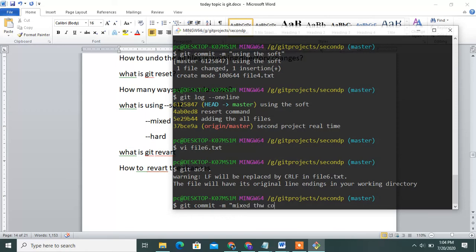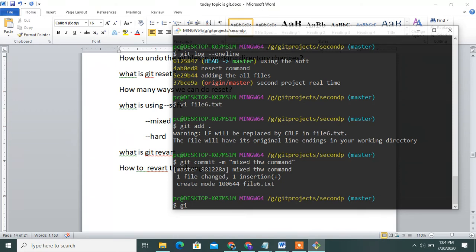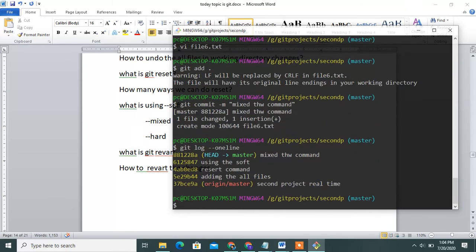So these are all five commits. First of all, what is git soft?